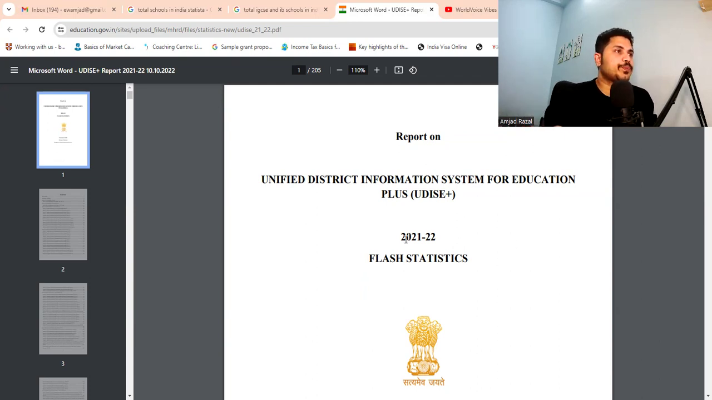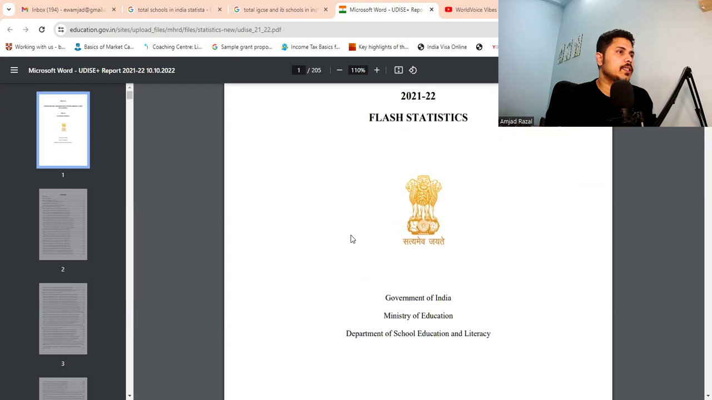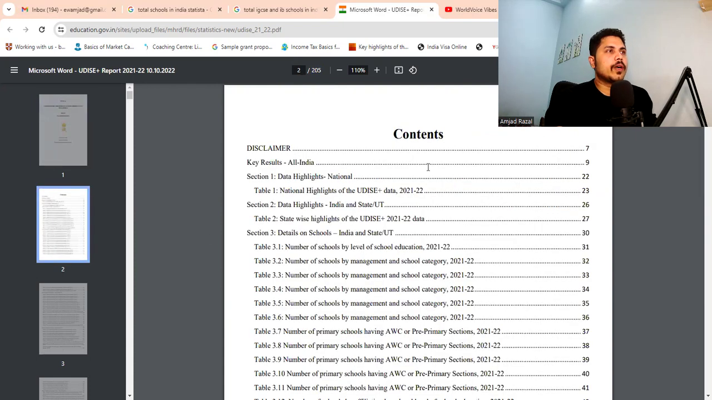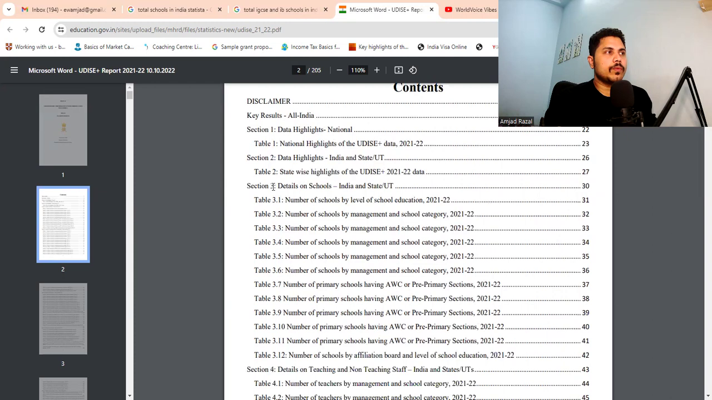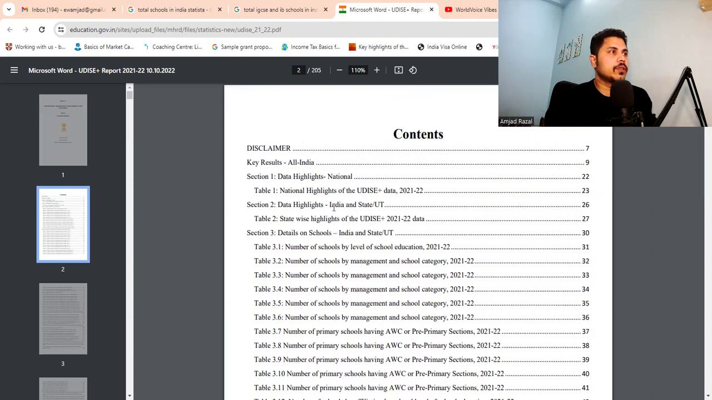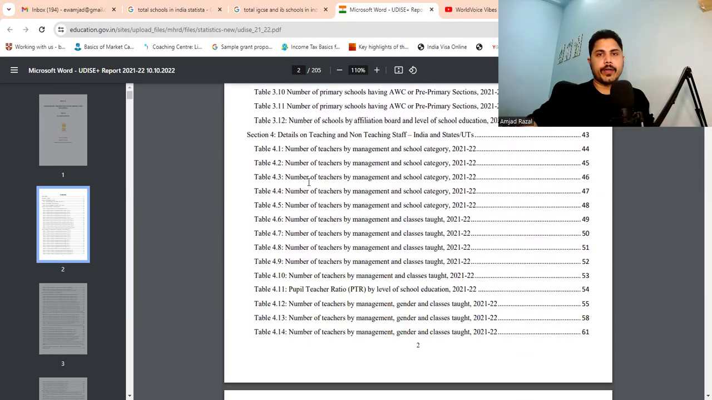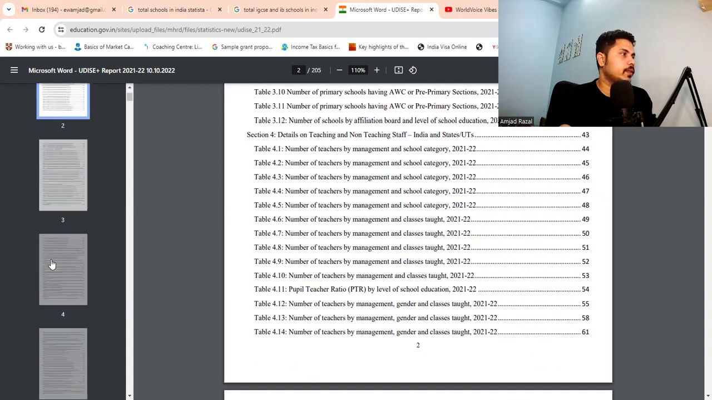Now, looking into this particular flash statistics. Basically, this is published by the Government of India, Ministry of Education. After this page, you can already see there are 205 pages. Immediately when you go to the content, you can get to know the total number of schools by the differences, the variation. And I don't want you to spend your time looking into each one of these right now. The video will be very lengthy. So quickly, I'll take you to